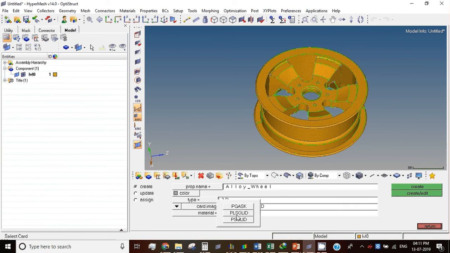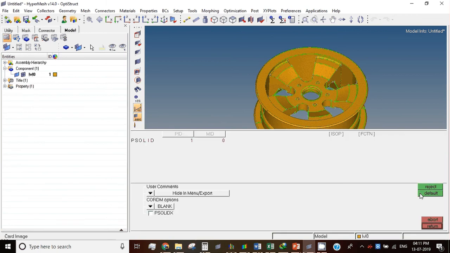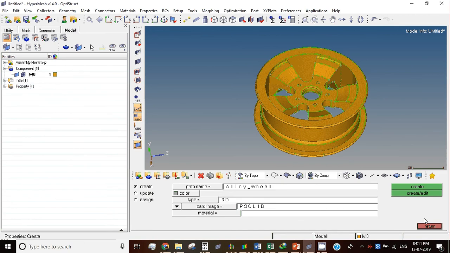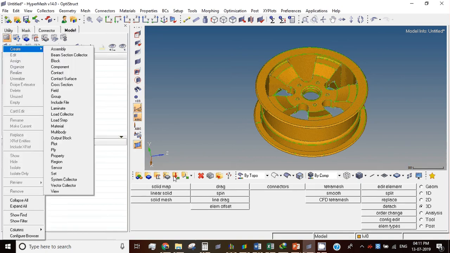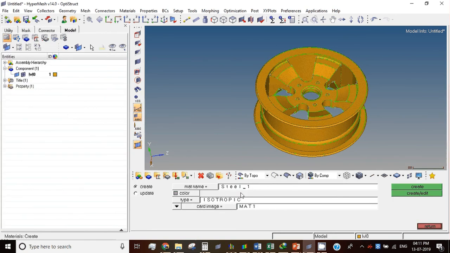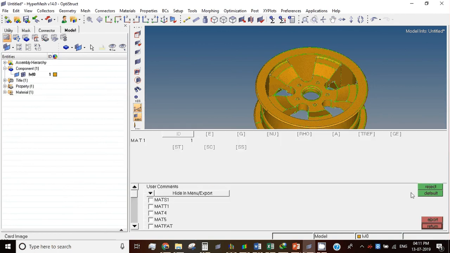You return. Once you return, you can create a material using here, or you can create here also. No problem, both are the same material. I create here steel. Isotropic, add one card, and you created it. Give the default values, whatever the default values are. Everything is in a consistent unit system: Newton per mm square, Poisson's ratio doesn't have any unit, and density should be in ton per mm cube.